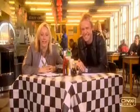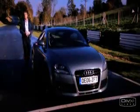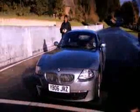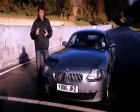Here is Tiff and Jason doing what they know best. This is the new Audi TT Coupe 3.2 Quattro. Just as handsome as its predecessor, but now promising a much more rewarding drive. And this is the car it has to beat, the BMW Z4 3-litre SI SE Coupe, designed as an extracurricular